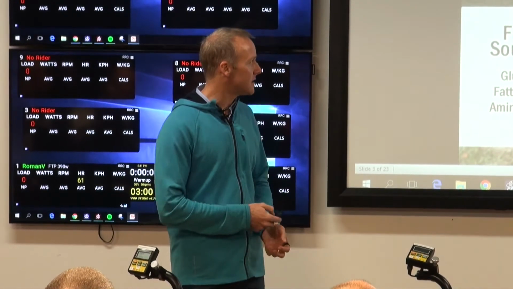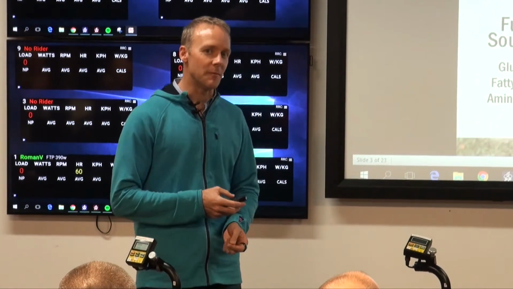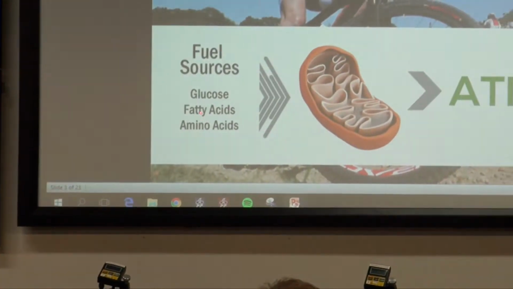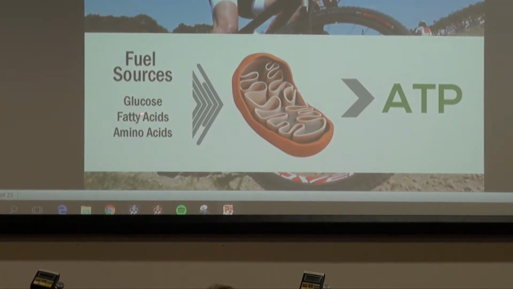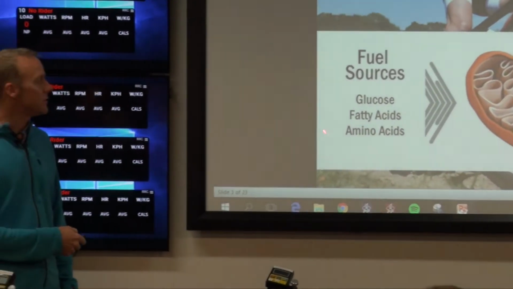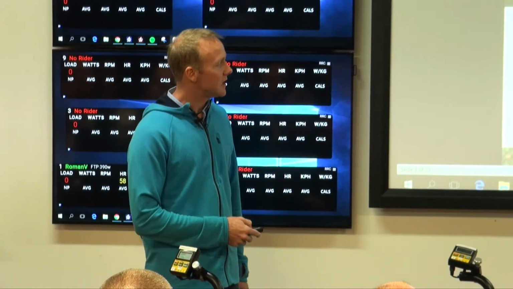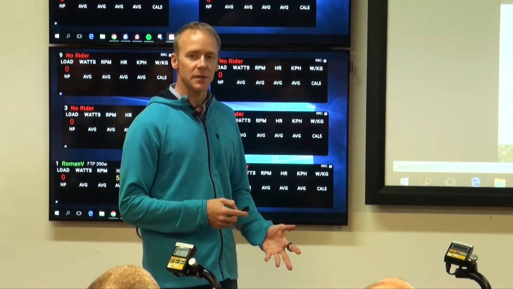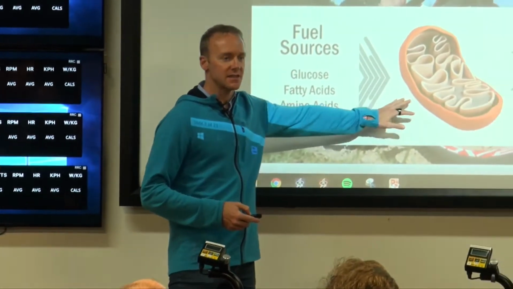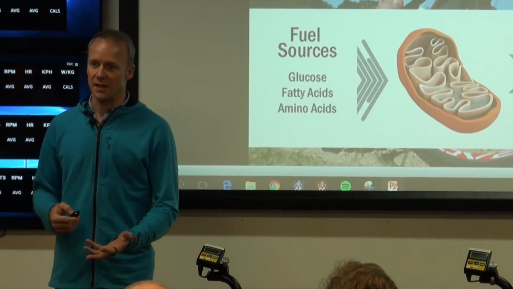And these are the fuel sources, of course, where we've had this delicious dinner here tonight, and we're taking in our glucose, our carbohydrates, our fatty acids, and our proteins, which get broken down into amino acids. And all of these foodstuffs are able to be burnt in those mitochondria to give us energy. And ultimately, when you are training, you are making more of these things, and you're improving the ability to get energy from the foodstuffs that we're taking in.